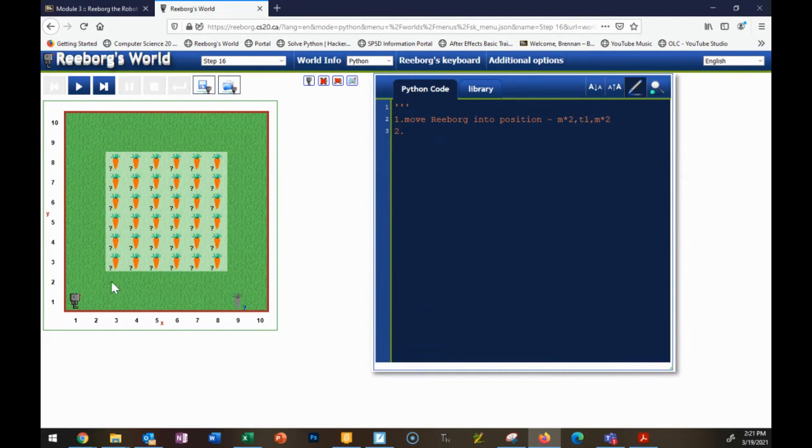So after I am at that position right here, now I need to start thinking about what function I need in order to check if there's a carrot, and if there is a carrot, take it, and how many times do I need to run that. So I'm going to say make harvest function. Check and take carrots. So that's something I need to do next. Keep moving forward, checking, and then I'm going to put times 6